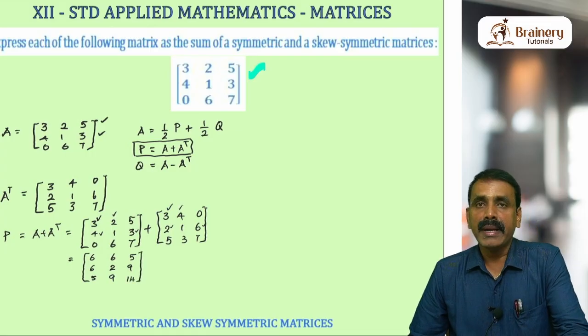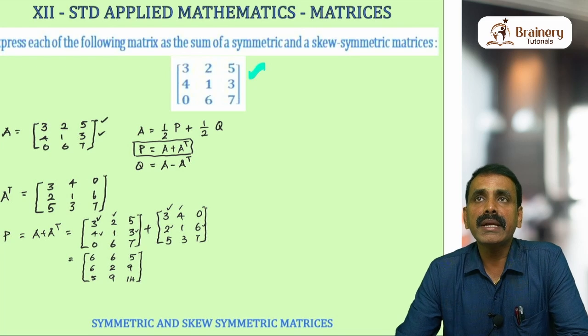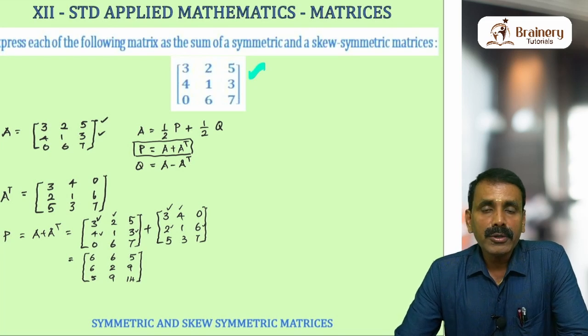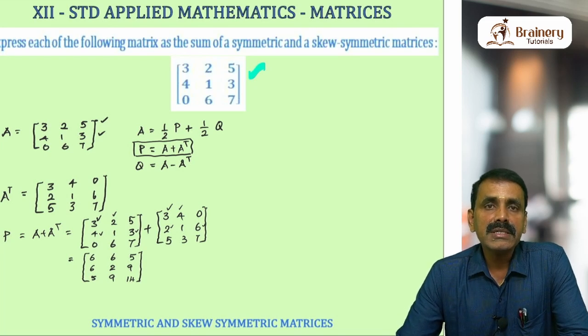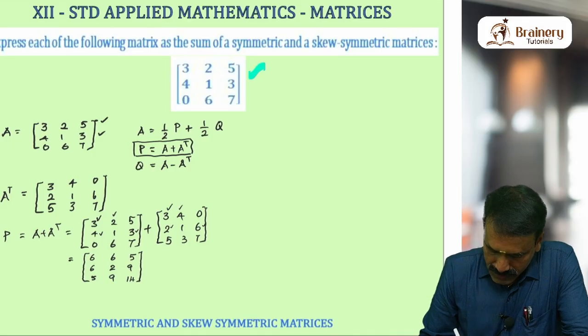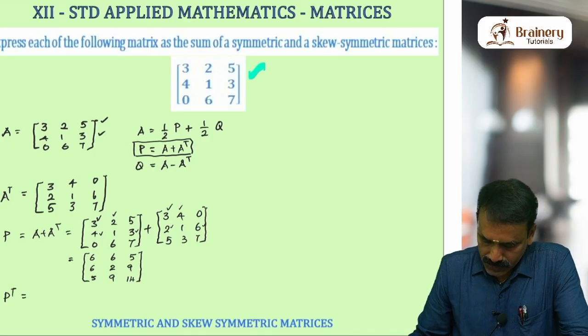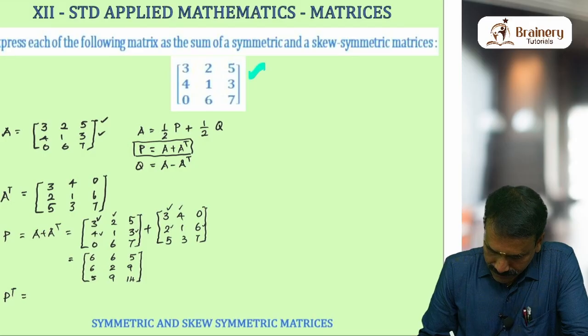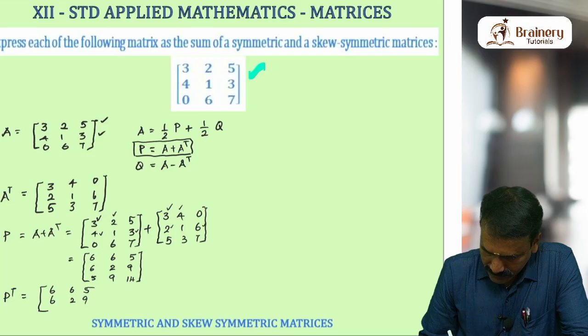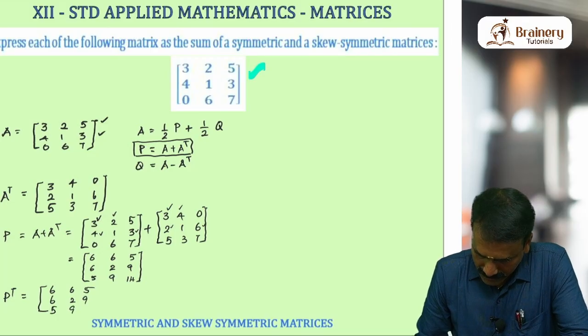So this is your P matrix, which is nothing but A plus A transpose. And I am going to prove that it is a symmetric matrix. P is a symmetric matrix. So I try to find what P transpose is. P transpose is nothing but, I write one step, 6, 6, 5, 6, 2, 9, 5, 9, 14